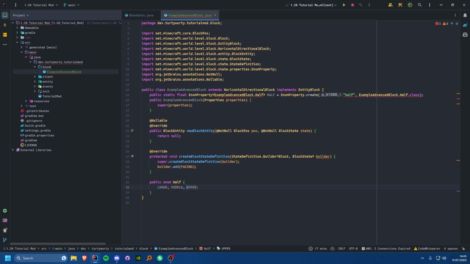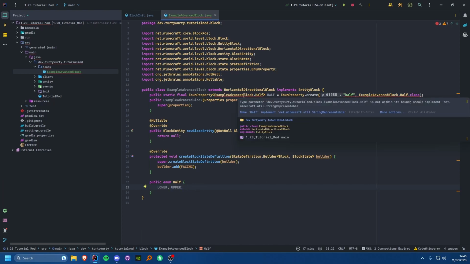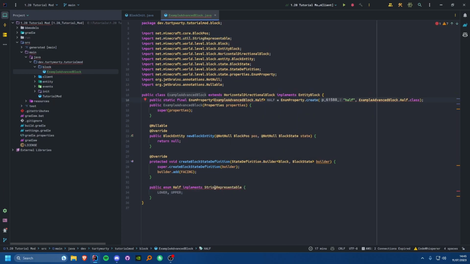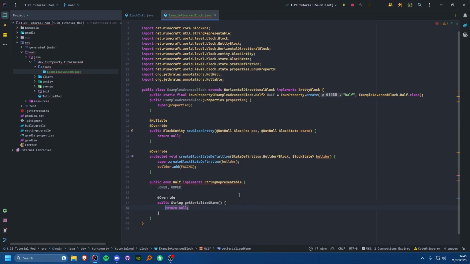Maybe you have 3 halves, so you have a middle as well, but I'll just say lower and upper for this example. And if you do that, you just need to make sure it implements StringRepresentable and implement the correct method for that, and you'll just want to return the different thing.